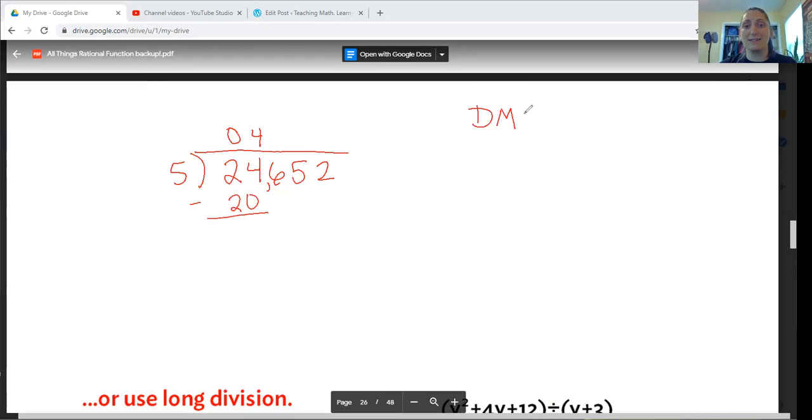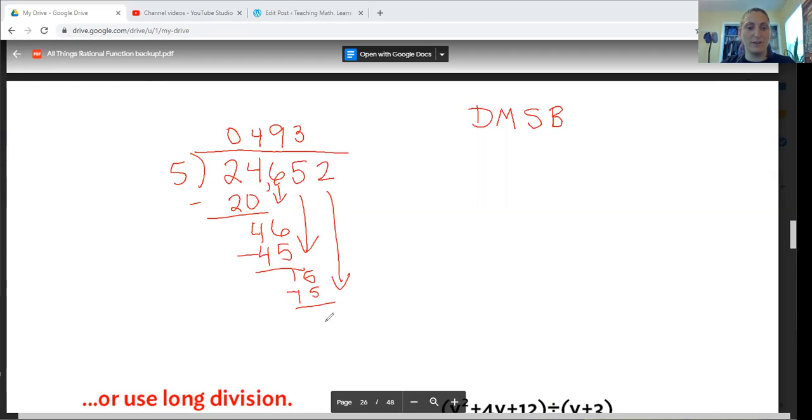You subtract, divide, multiply, subtract, and we got 4. Bring it down. 5 goes into 46, and so on. You keep repeating. You divide it into the bottom of this. 5 goes into 46 9 times, it's 45. You subtract, there's a 1, bring down the 5. 15 goes in 3 times. Yay, 15, we're done, except that I put a 2 on there, so 5 goes into 2 0 times, and